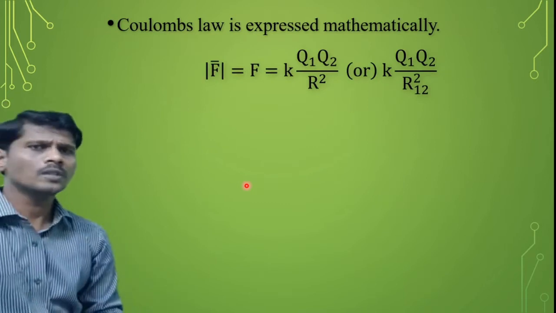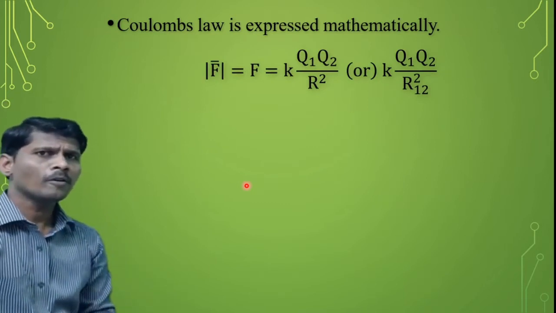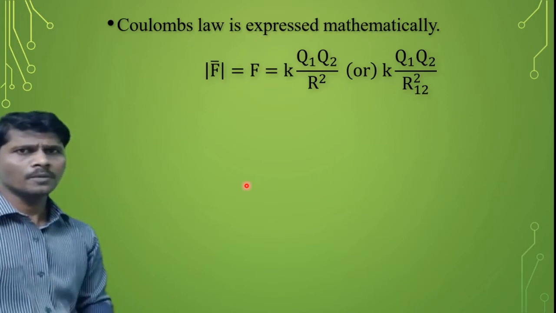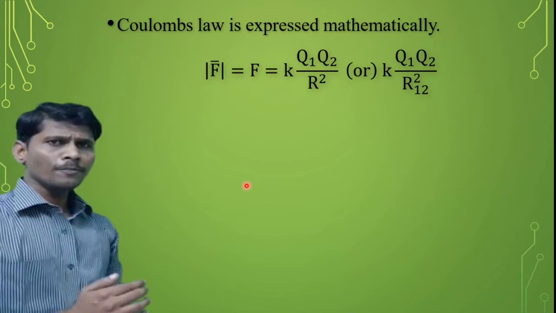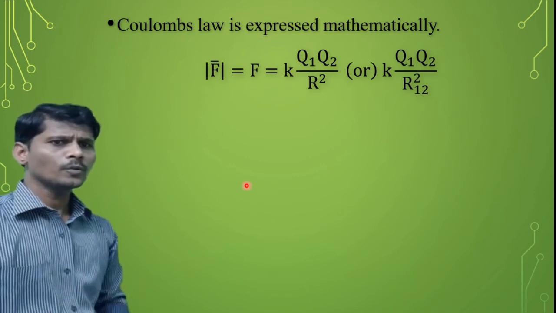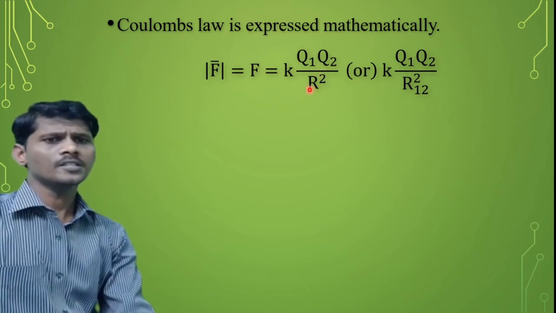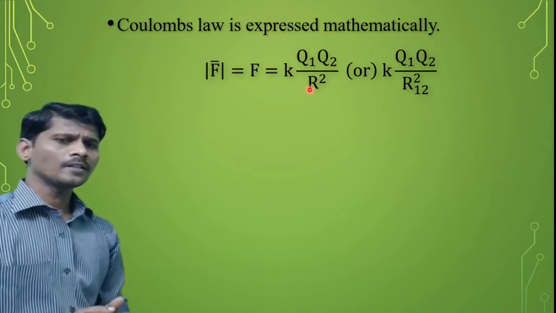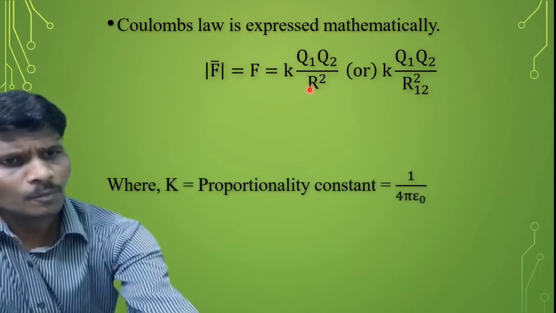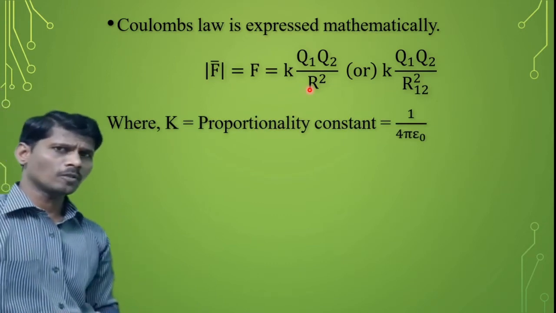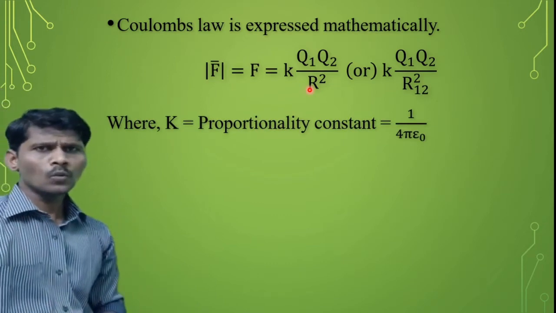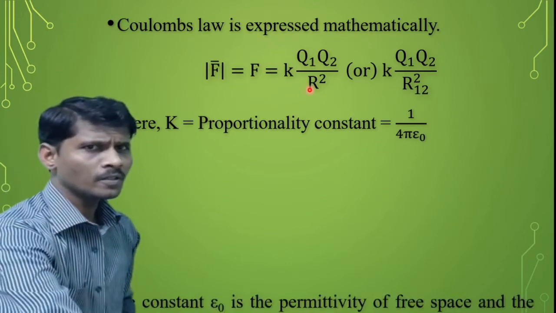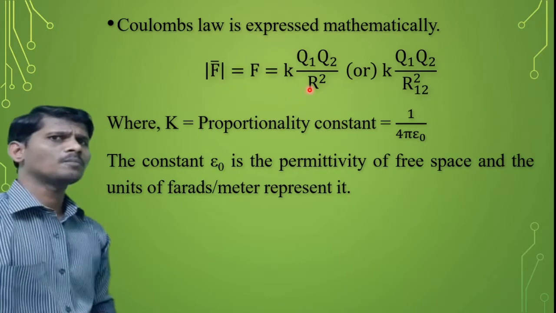Mathematically, Coulomb's law is expressed as: the magnitude of F bar is F. According to the statement of Coulomb's law, F is equal to K Q1 Q2 by R square, where K is the proportionality constant. The proportionality constant K is equal to 1 by 4 pi epsilon naught, where epsilon naught is the permittivity of free space